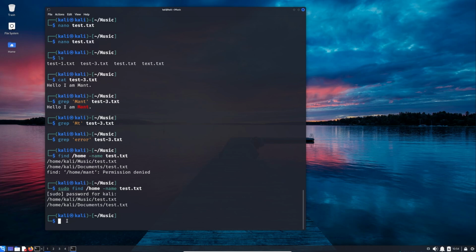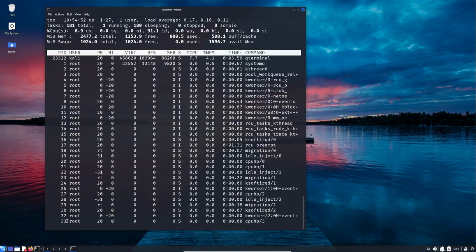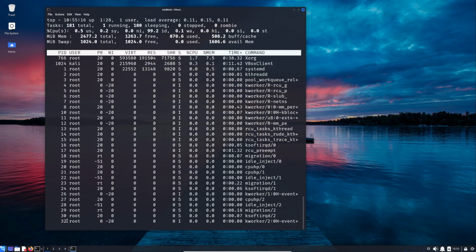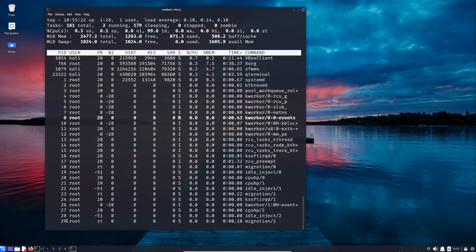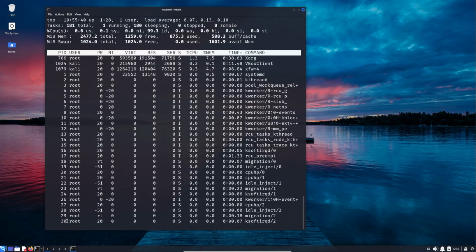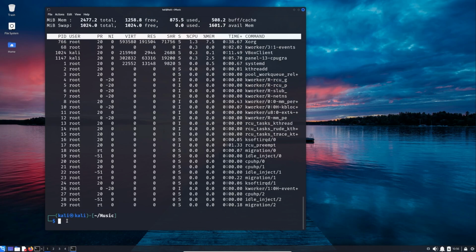Now let's move to another group or category of commands. And these commands are more administrative commands. And the first one is top, which is kind of a task manager, which is going to display all the running processes and tasks. And to exit the Linux tasks, you need to press Ctrl C. Now we have a new line. We can type another command, and here you can see what kind of processes are running in the background of your system,